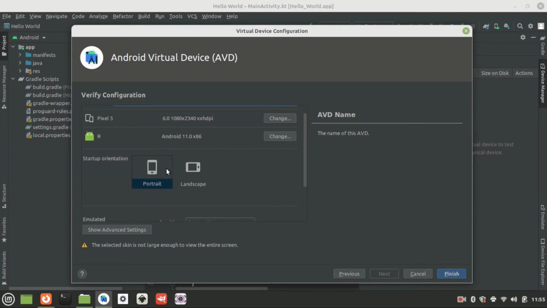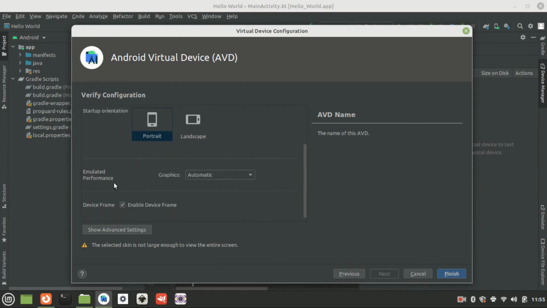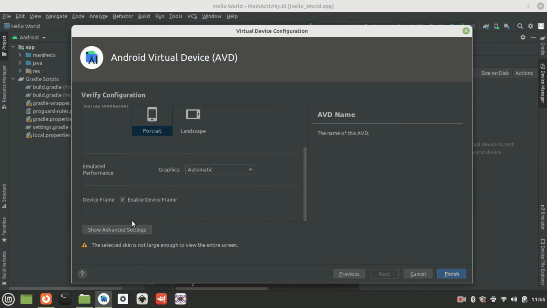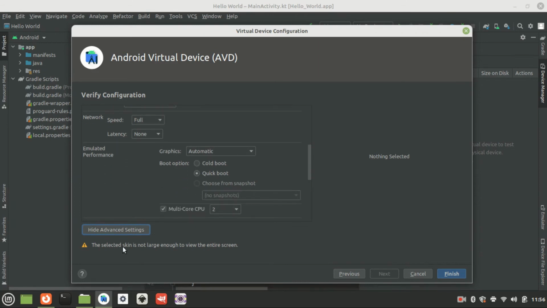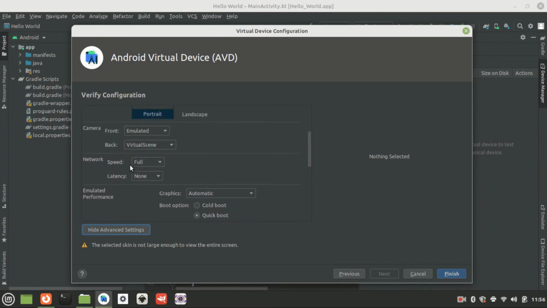So if you want our startup orientation to be landscape, you can just change it here, but I'm going to leave it as is. And also there are things which you can define here. For example, here we have the advanced settings. Here we are getting a message that the selected skin is not large enough to view the entire screen. So for example, here we can come